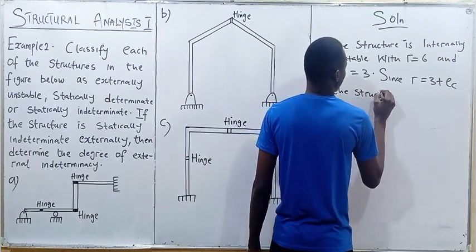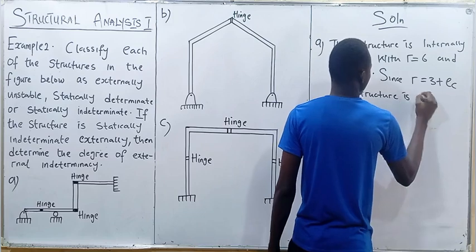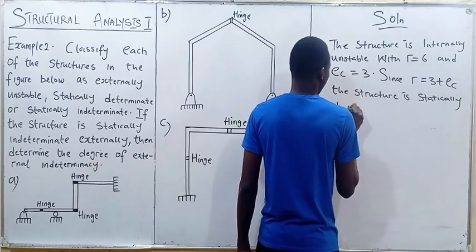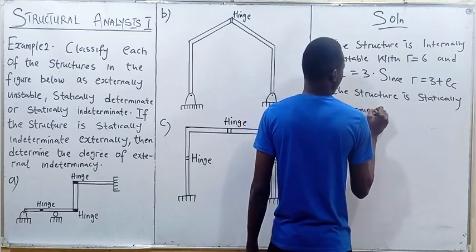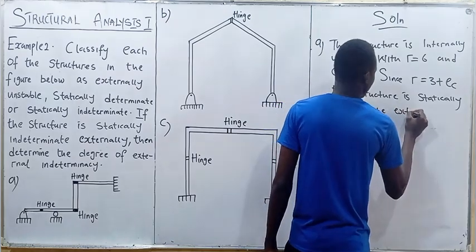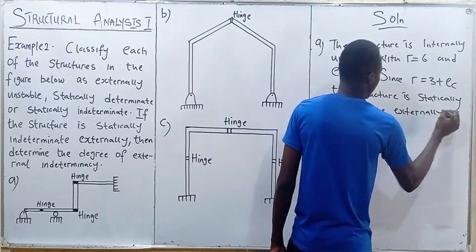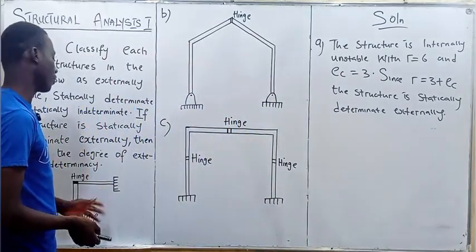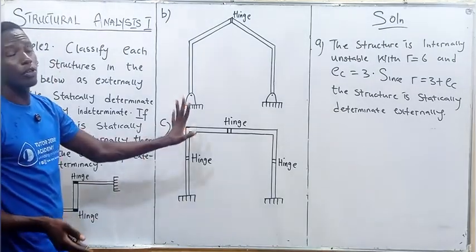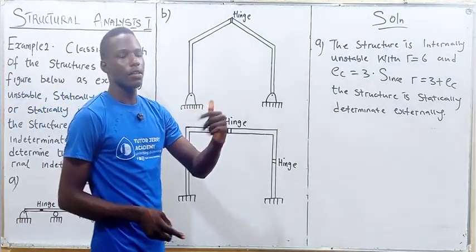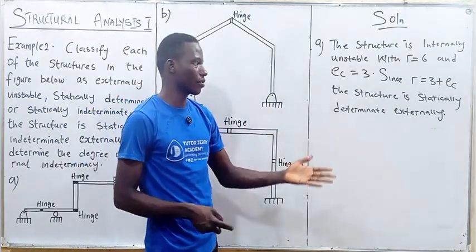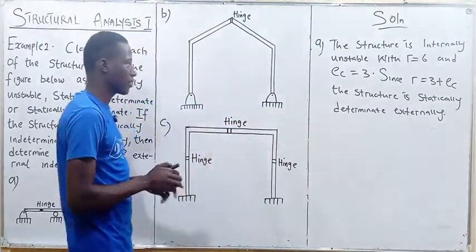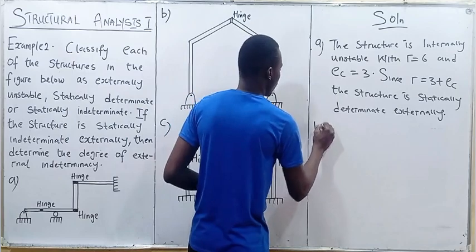The structure is statically determinate externally. So that's that for question number A. Of course there will be no need to calculate the degree of external indeterminacy, because this is not an indeterminate structure, this is a determinate structure. So take note of that. It's very simple. Now for the second structure,